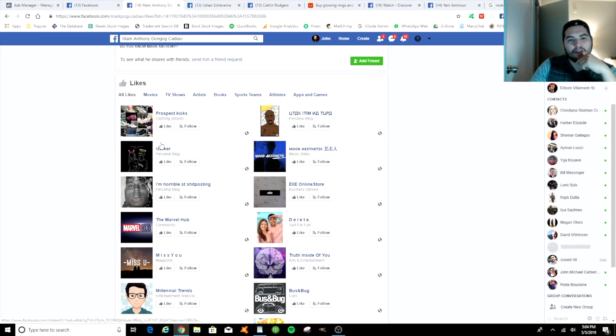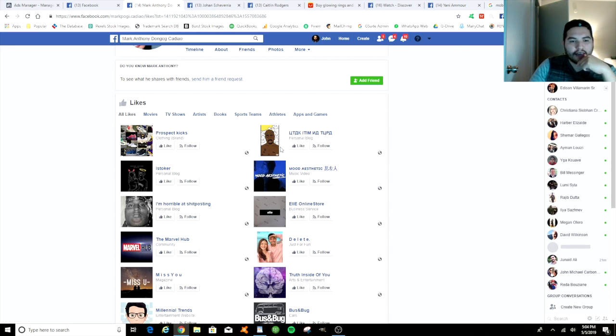This is the profile of someone else, and just looking at this first page off the bat, what do I find? The Marvel Hub. And now you guys, I hope you're starting to connect dots and really understand that not only are we looking for patterns within each individual's profiles, but even stronger, an even stronger indicator is actually finding patterns among different profiles. This is the third time I'm seeing something related to Marvel, to Avengers, and this is so huge, guys, because